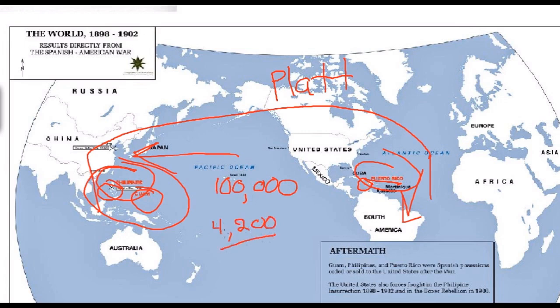So the reality is, while Americans might have claimed that this was benevolent imperialism, and it was imperialism that was for the benefit of the people who were put under American rule, the reality was it was a violent struggle, ultimately for the benefit of American political and economic figures, and really not for the benefit of those who were colonized by the United States as a result of the war between the United States and Spain in 1898.